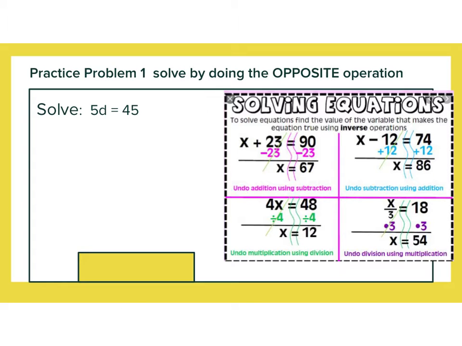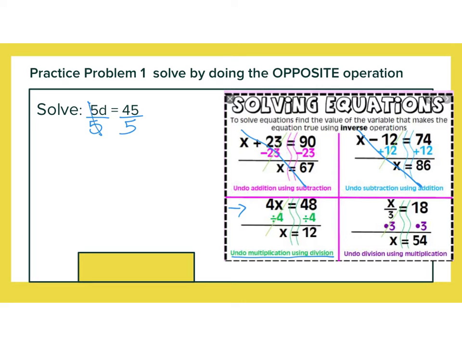Okay, so our first equation, I see 5d equals 45. It's not plus, it's not minus, it looks like this. So to undo multiplication, I'm dividing. So I'm just going to draw the division bar like this, and I'm dividing by the 5 because that's what's